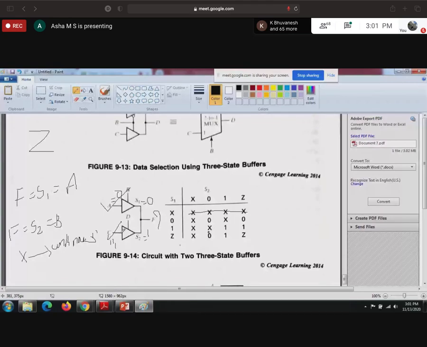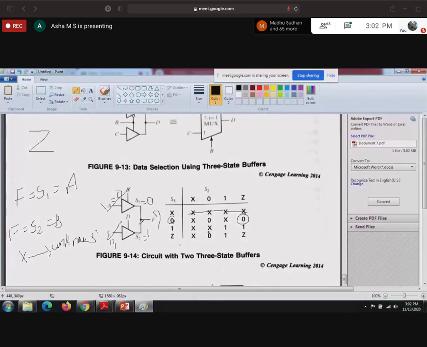Next, S1 equal to 1, S2 equal to high impedance. This is 1 and this is high impedance. High impedance means actually we don't know the value of S2. Correct, right? It's actually open circuit. Still, when it is 0 and high impedance, it will carry the value of S1. So here S1 equal to 0, that's the reason this is also 0. The output will be 0.